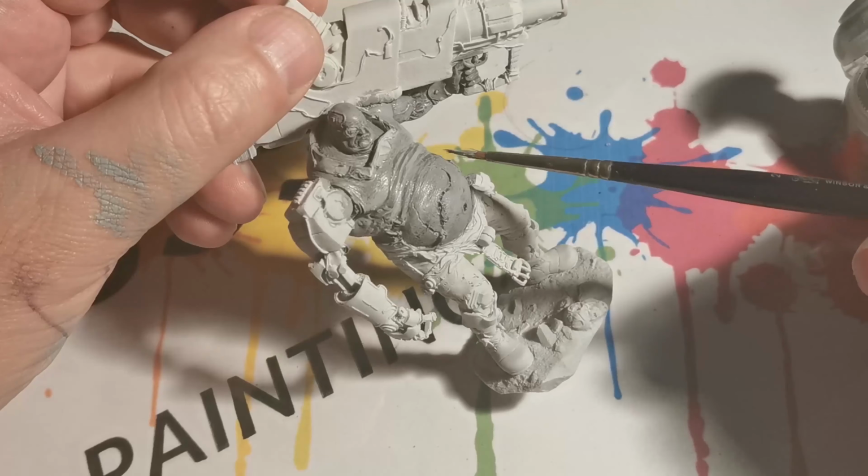I've decided to do this miniature with a cyberpunk type style, but first I thought I would show you the parts unassembled before showing you the miniature when it's been assembled. This miniature is somewhat larger than the miniatures I normally paint, and for this miniature I've decided I want to give it a